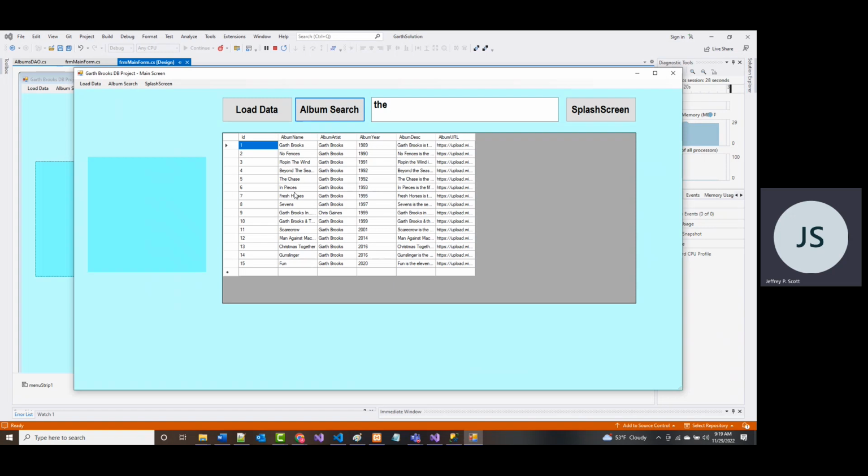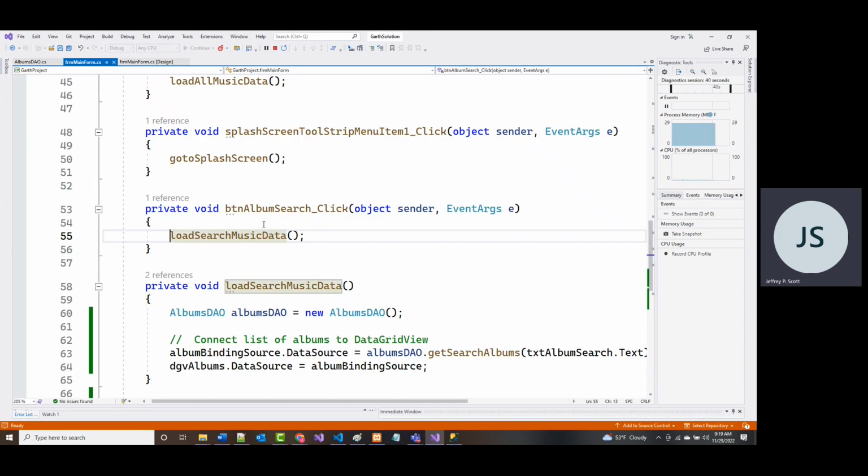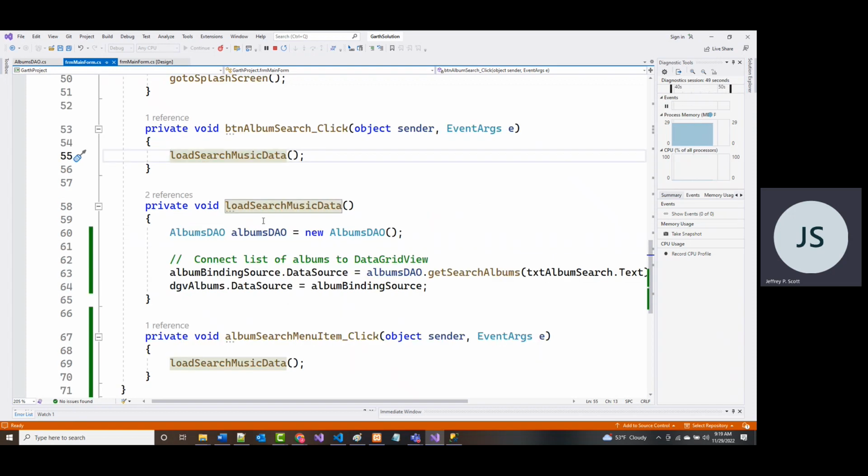So I'm going to go back to my regular notes. I've got a list of cliff notes, cheat notes, whatever you want to call them. I want to make sure, because I want this to work. So let's go back here to album search and take a look at everything that's in here. So we call load search music data. There it is.